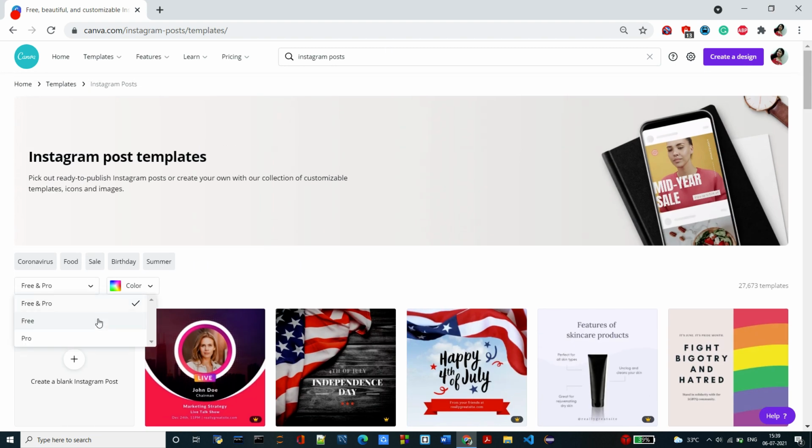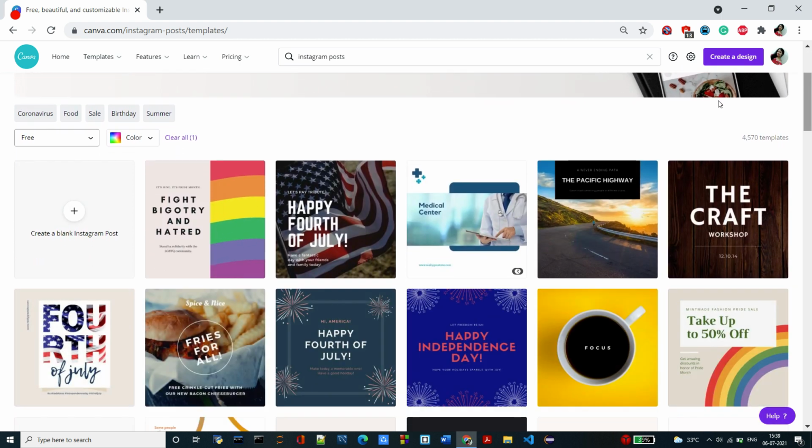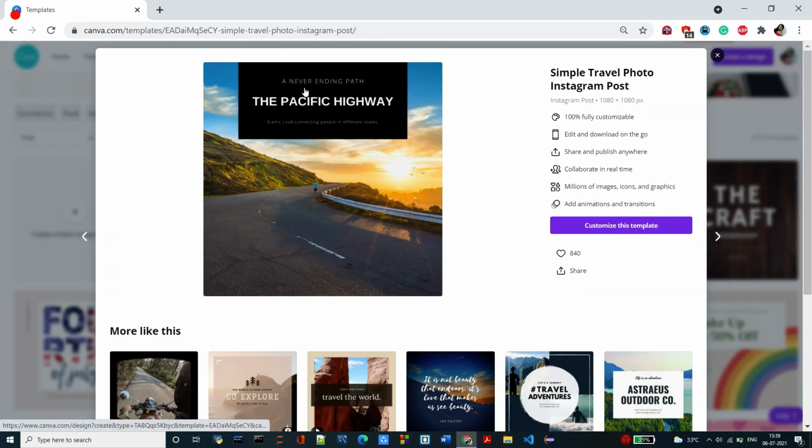Also you can choose the free option from here, and you can just check out these beautiful templates whichever you want. Let's say you can edit anything on this, everything on this template.